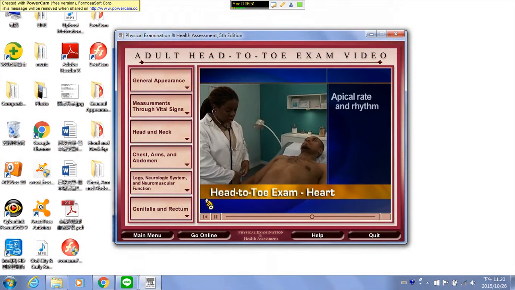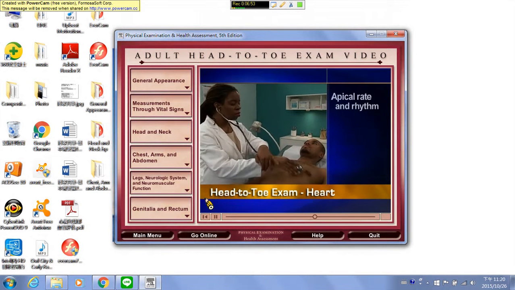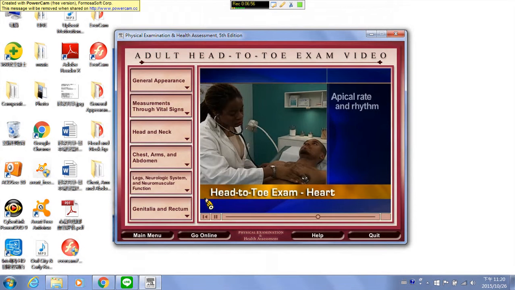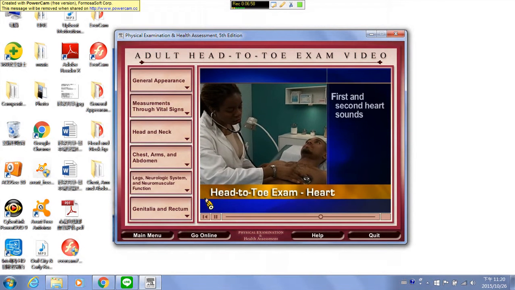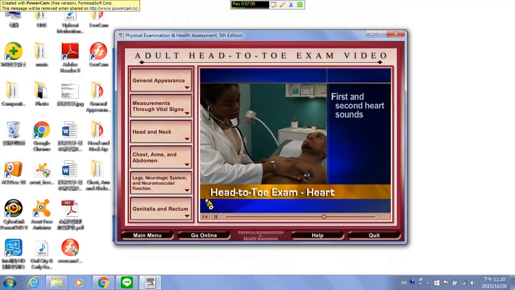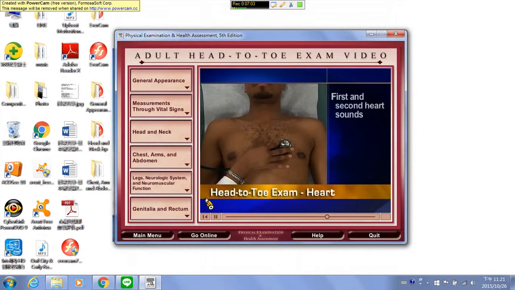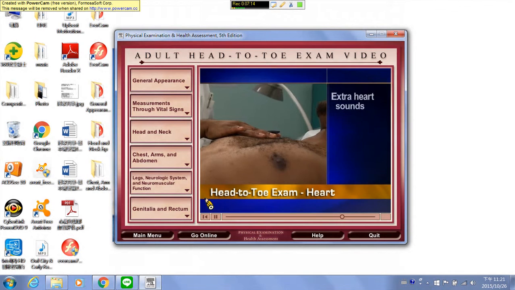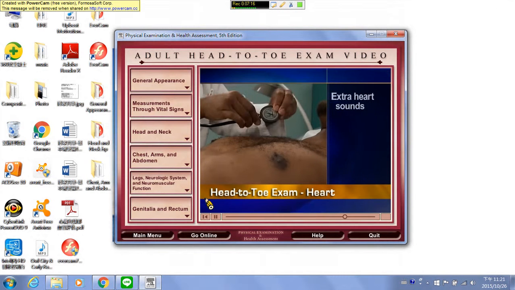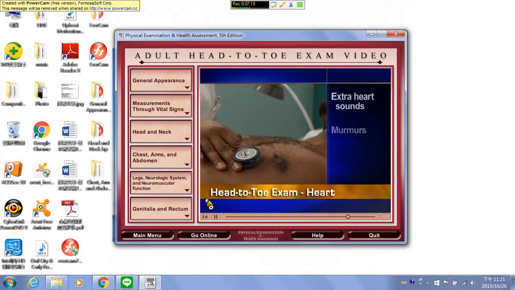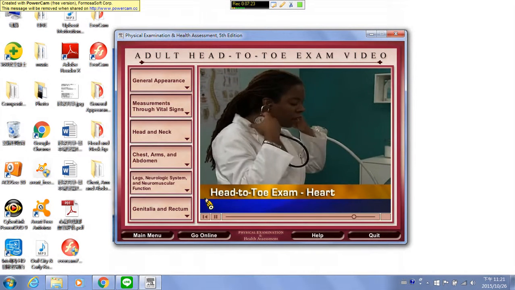Fourth, auscultate the apical rate and rhythm. Fifth, use the diaphragm to auscultate the first and second heart sounds, moving from the apex to the base. Sixth, use the bell to auscultate for extra heart sounds and murmurs, following the same pattern. Now I'm going to use